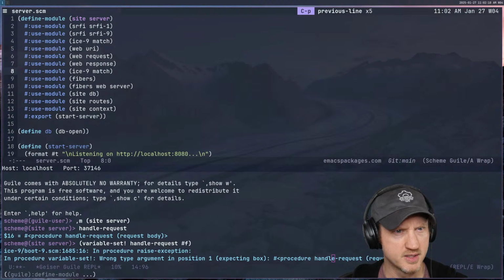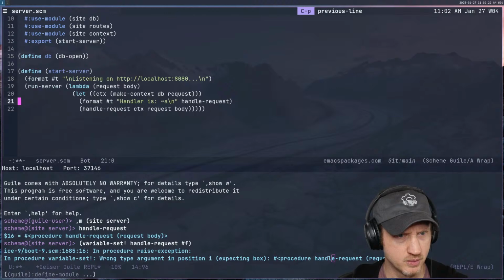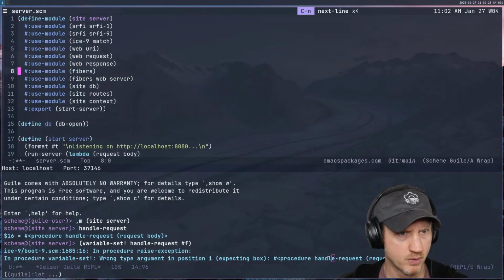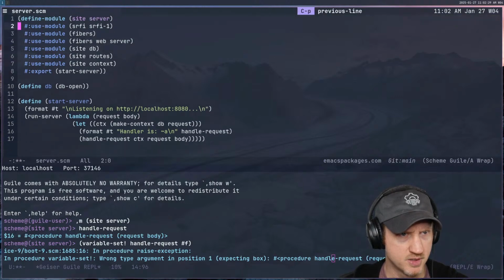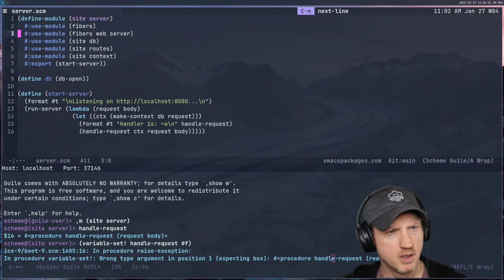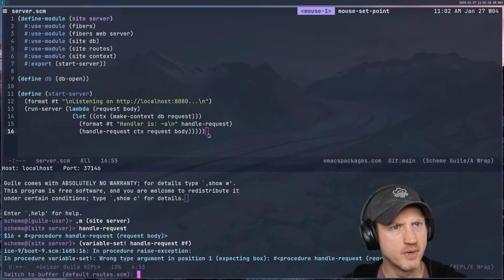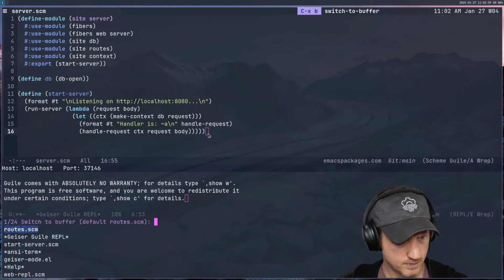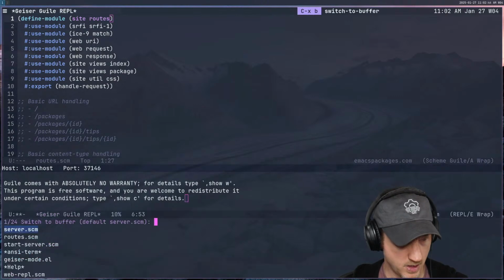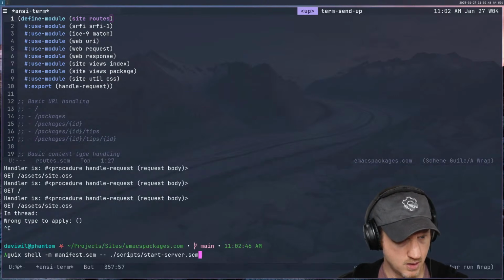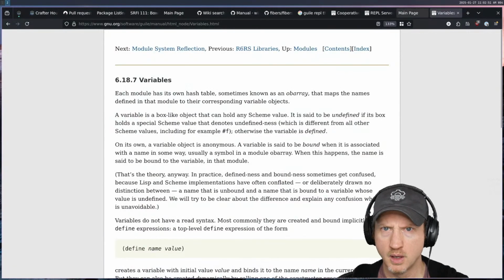Fibers, web server, SRFI 9, match. We don't need match. We don't really even need the other two, I think. Match again, record types, SRFI 1, probably not. Okay. So I think I should be able to restart. Oh, wait. Routes. I think I should be able to restart the server now. Okay, and then go back to,